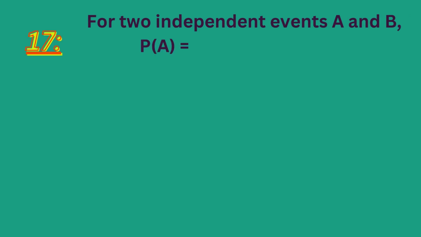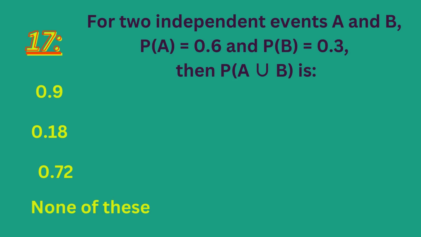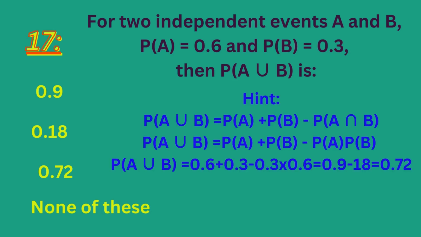For two independent events A and B, probability of A equals 0.6 and probability of B equals 0.3. Then probability of A union B is 0.9, 0.18, 0.72. None of these. The right answer is